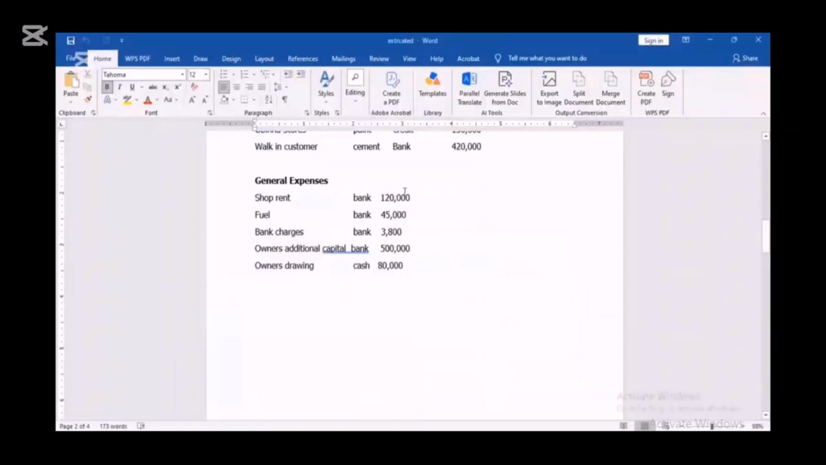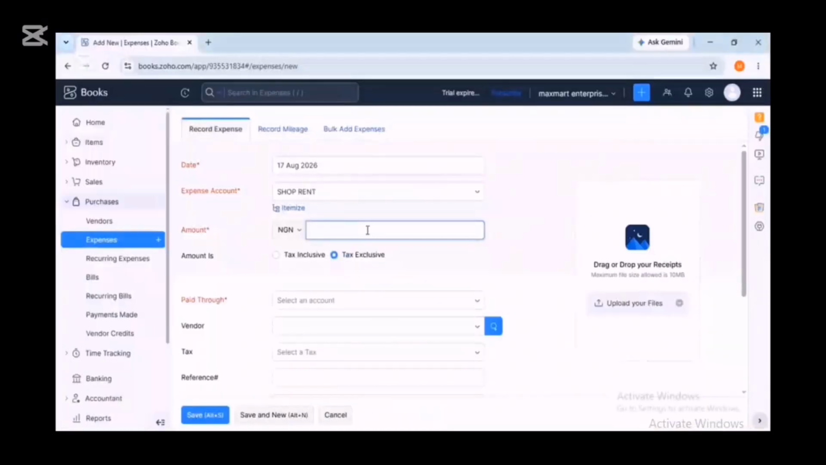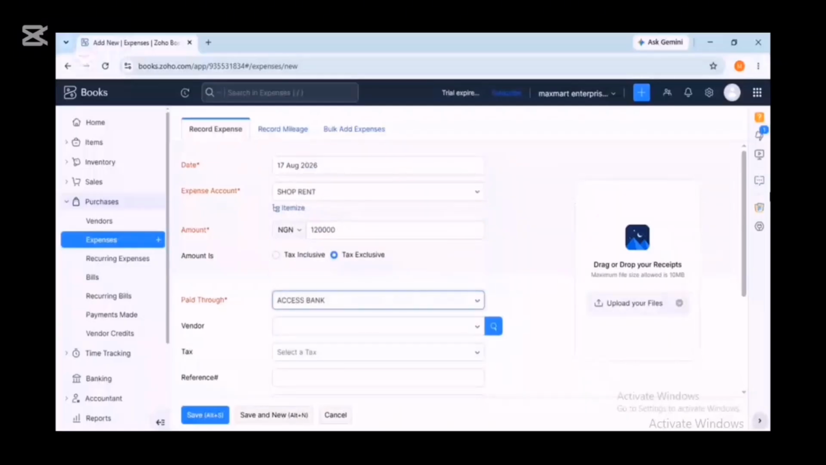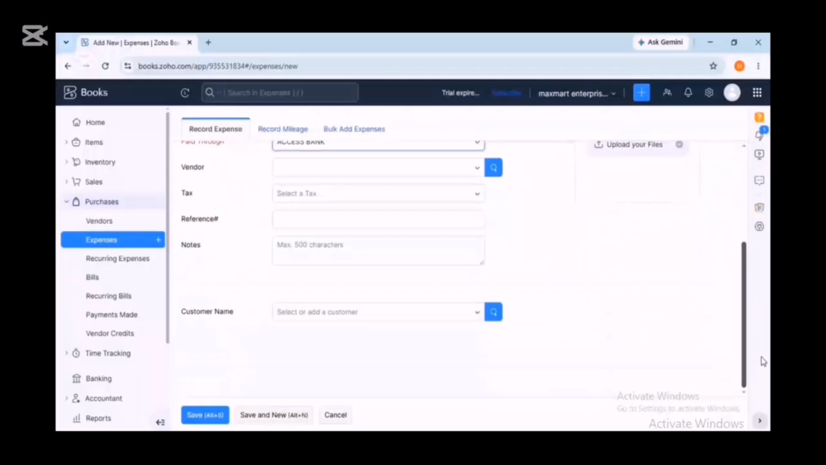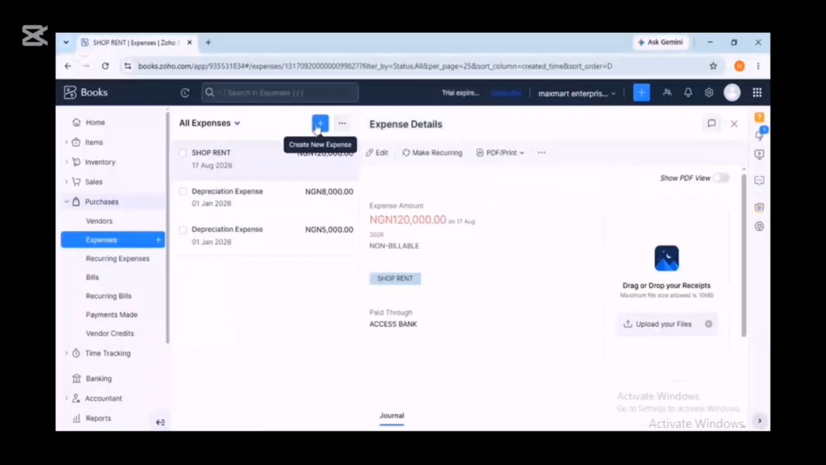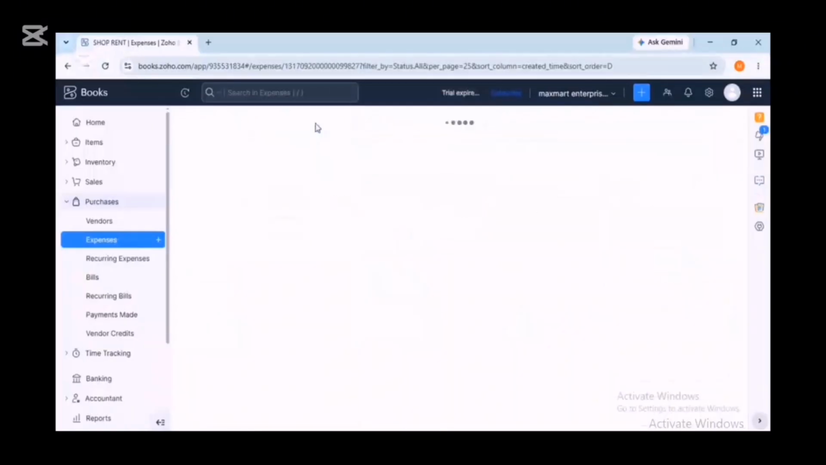So shop rent is how much? 120,000. Let's enter that. So we paid through the bank, Access Bank, which will be credited behind. So that's that. Let's save up. Absolutely right. So the next, let's check out